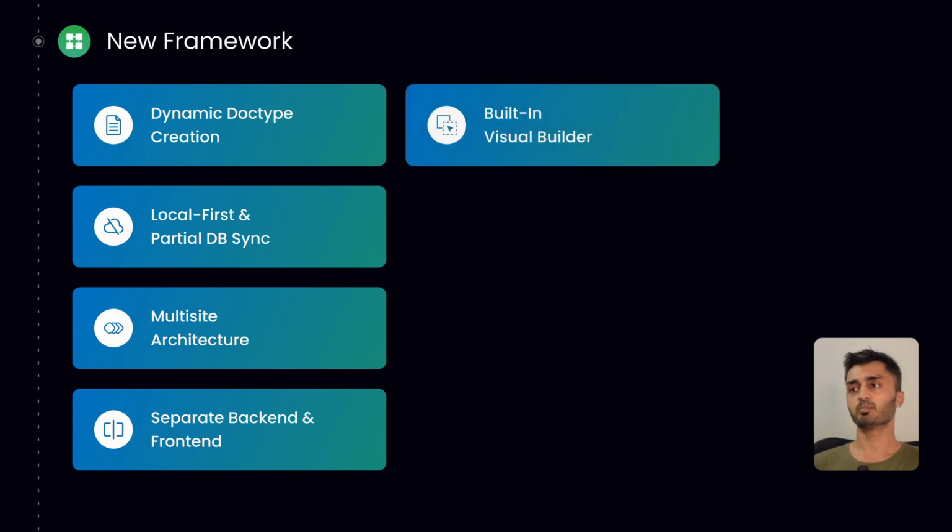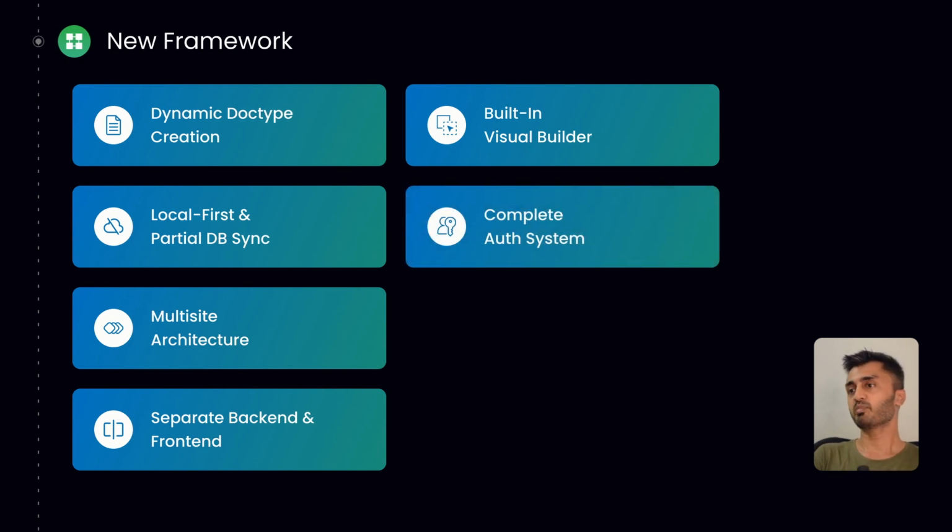Next feature is built-in visual builders. So we will have a UI builder, that is a drag and drop builder for the front-end templates. Then I'm not sure if we need to create the same for the backend. Maybe we will have a backend dashboard created by the framework, or we can also make it a builder to create the backend dashboard. Next feature is a complete auth system. Here we will create users, user roles, permissions, and everything related to users and the authentication system.